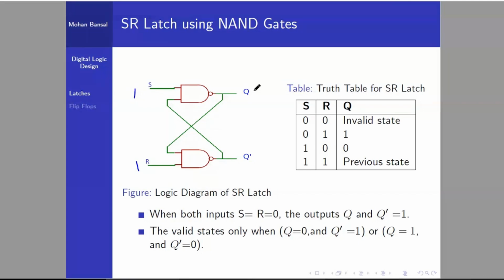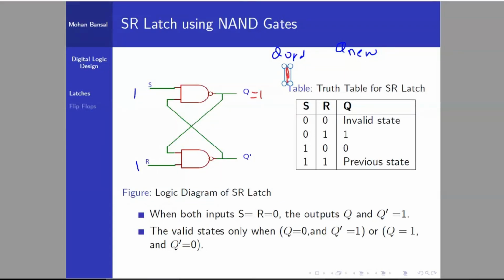Consider the old output is 1. Now this time I take 1. The old output is 1, so this is the Q old, the previous output is 1, because it is feedback. We are taking the past value of the output and observing what the new value of the output is. Based on the past value of the output, what new value are we achieving? That is the point.